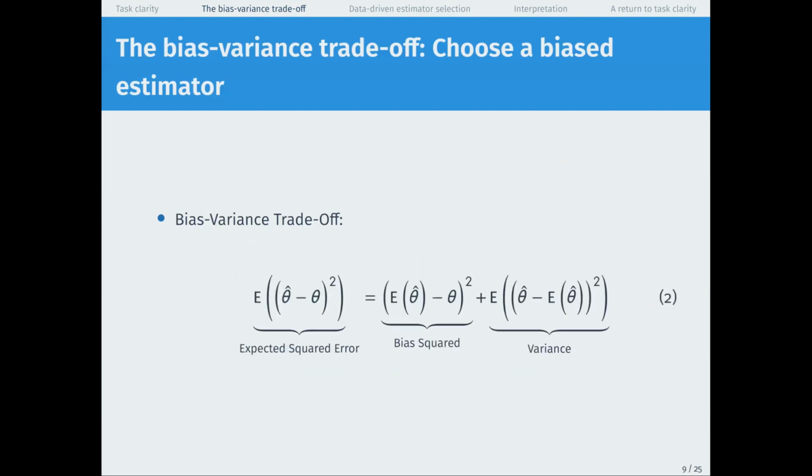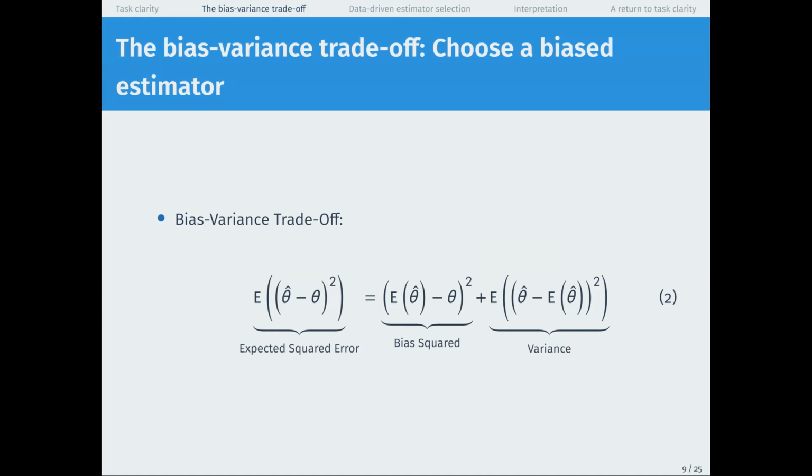So the bias variance trade-off says that the expected squared error of an estimator. So think here of theta as like the expected test score on average in classroom 1. Theta hat is our estimate of that average test score in classroom 1. So if we sampled students 1 and 2, then students 1 and 2 help us estimate theta hat, but maybe really students 1 through 10 are all part of classroom 1. So we have a squared difference between our estimate and its true value. And we want to say something about the expected value of that squared difference across hypothetical repeated samples where we would re-estimate the mean score in that classroom.